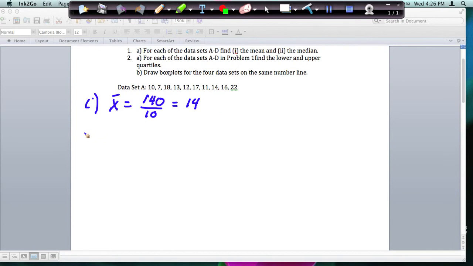Now for the median, you have to arrange your numbers in order from least to greatest. So I'm going to go ahead and order them. So I'm going to start with smallest number 7. And then we have a 10. A lot of times I'll cross them off just to make sure I don't leave one out. Then an 11 and 12,